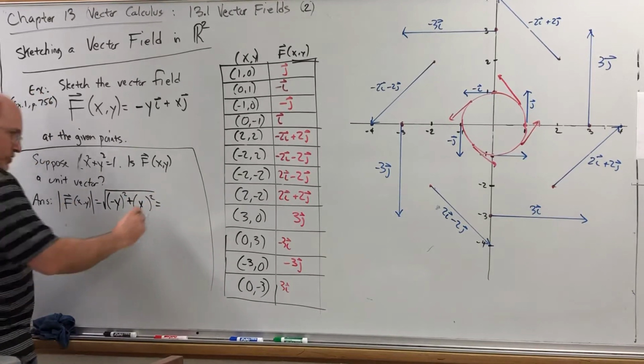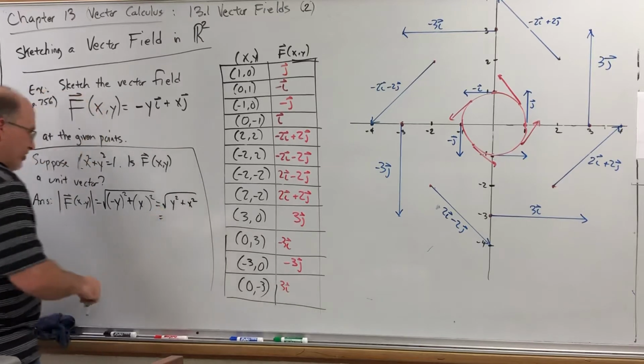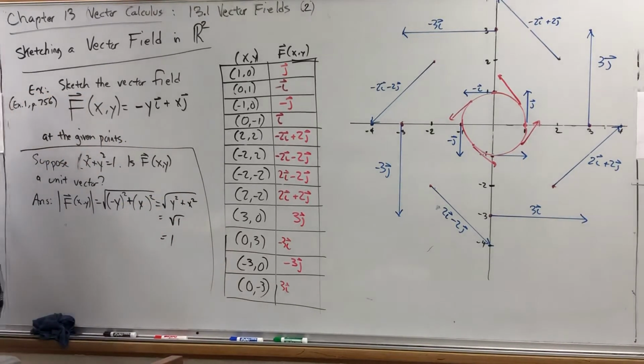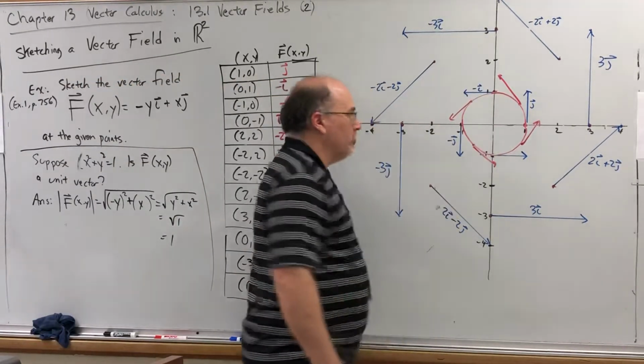The negative cancels, so we get the square root of y squared plus x squared. And if we're on the unit circle, that radicand is equal to 1, and the square root of 1 is 1. So that was actually pretty easy to confirm, that every point on the unit circle will be a vector